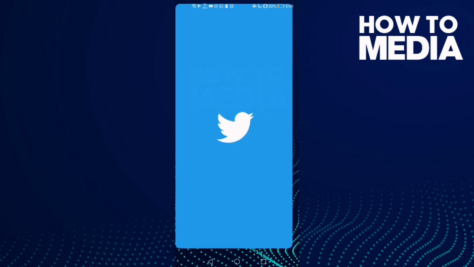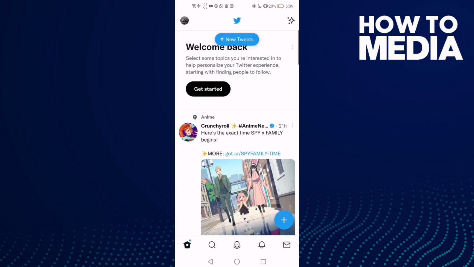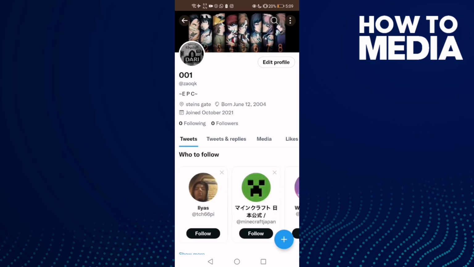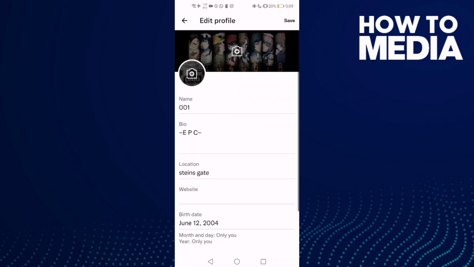First go to Twitter, and then click here on your profile, and now all you need to do is just click this one, edit profile, and then click here, name,